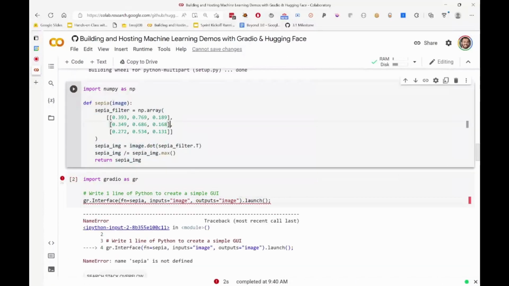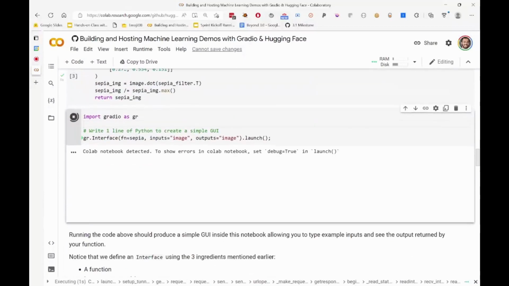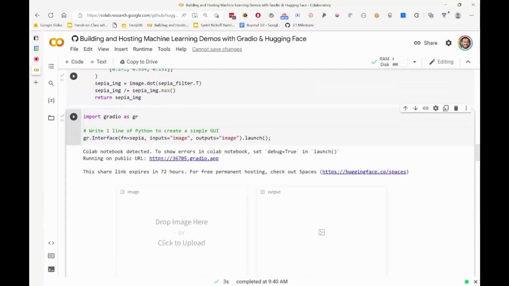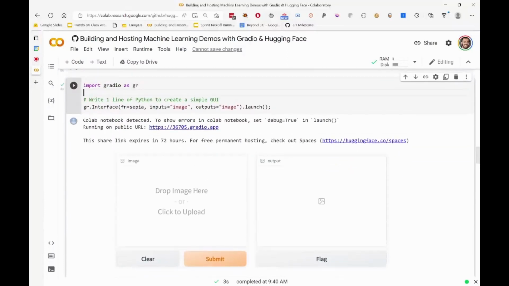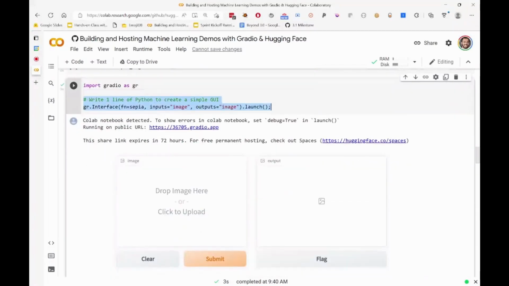Sometimes the input could be, oops, I forgot to run this. Let me run this cell here. And then sometimes the input could be text and the output could be an image, or it could be a lot of different things, as we'll see. This is a good one to start with. So when I define my function and run this one line of Gradio code, really,